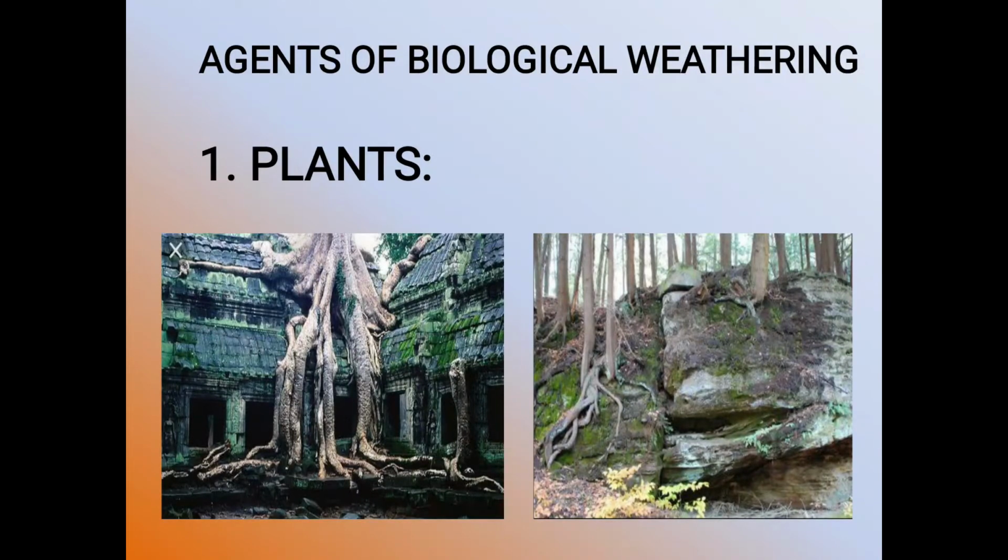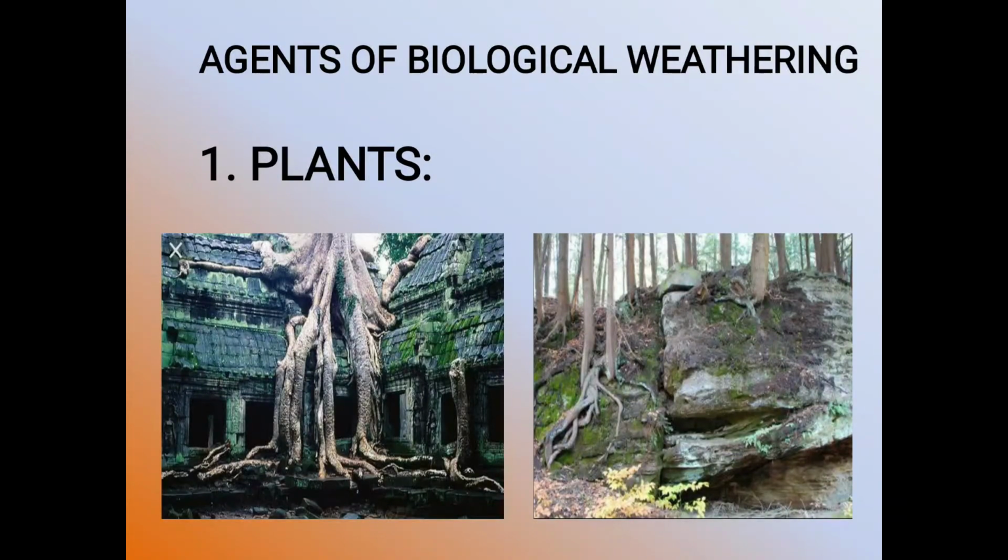The mechanical disintegration effect of vegetation is mainly due to the penetrating and expanding of the roots. When roots grow in search of water, they penetrate into the soil and exert pressure on rocks. As the mass of the root increases, the pressure on the rocks increases, and hence the mechanical breaking of the rocks takes place. Moreover, the roots help in widening cracks and crevices, thus allowing water and air to enter. As growing roots exert pressure, the cracks and crevices increase, and during rain the water enters these cracks and crevices.